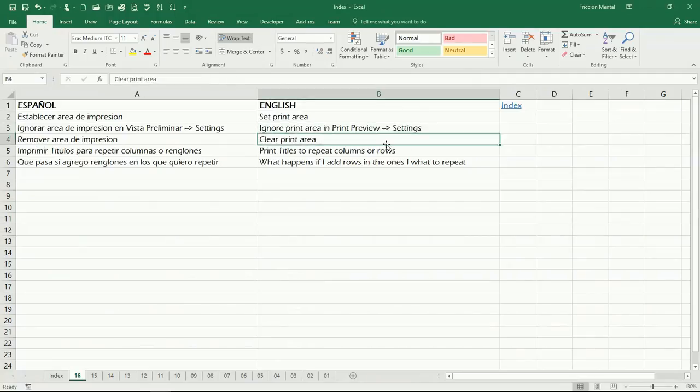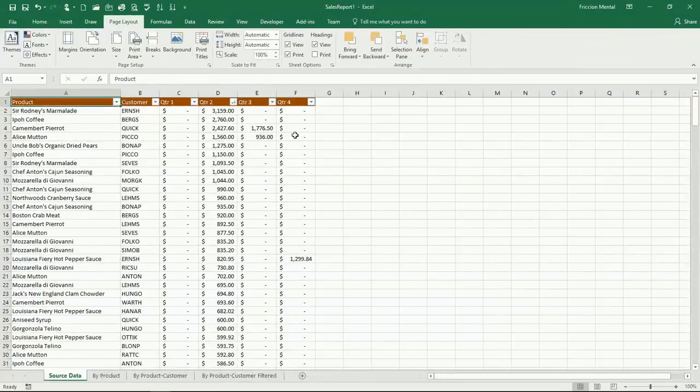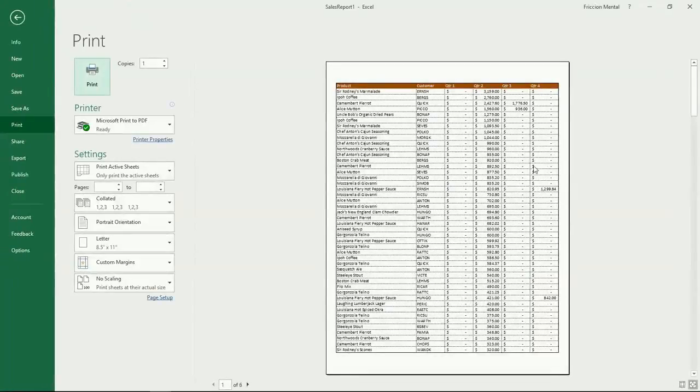Okay, now we have cleared the print area. How to print titles or repeat columns or rows. Well, in this case, as you can see, all the columns are fitting really nicely on the worksheet. So I don't want to repeat any